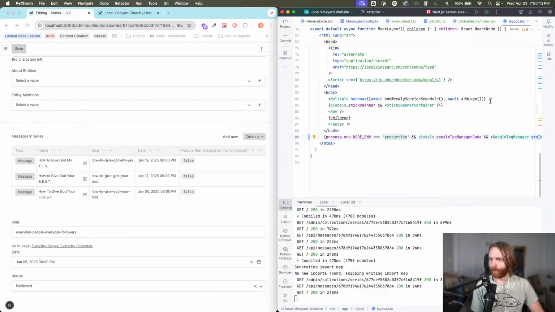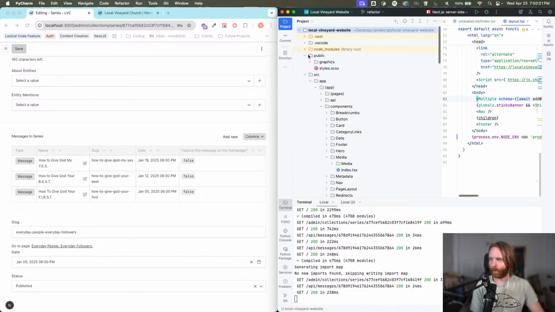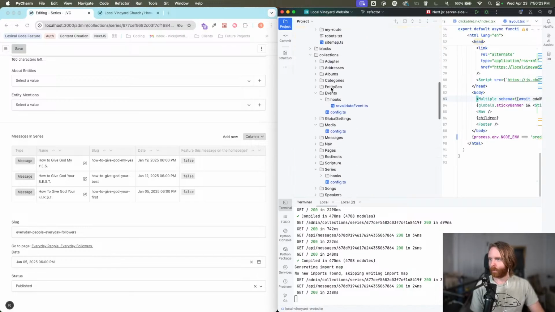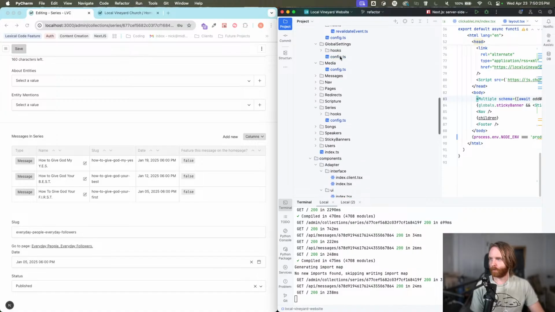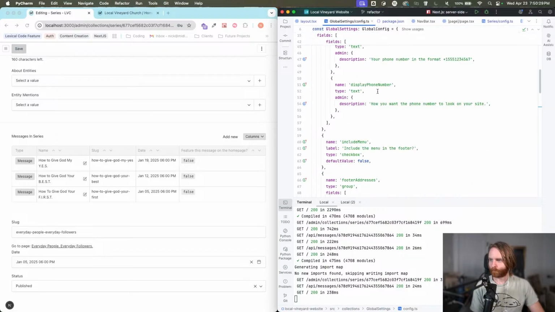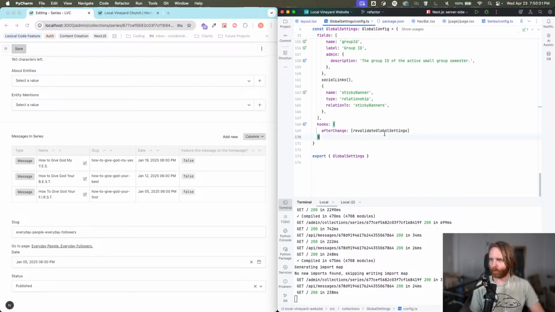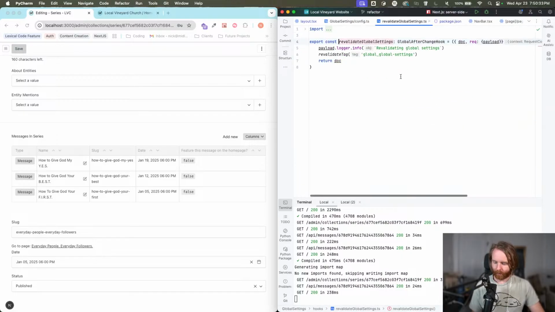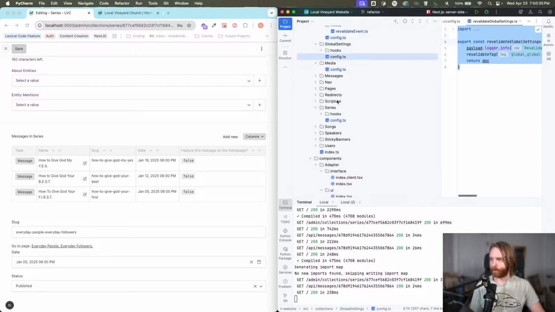But I think we can handle this similarly to how we do our overall globals. So if I look for our global settings config, and we look in here, we should have a revalidate global settings. Perfect. And so I'm just going to take this and we're going to go to our sticky banners